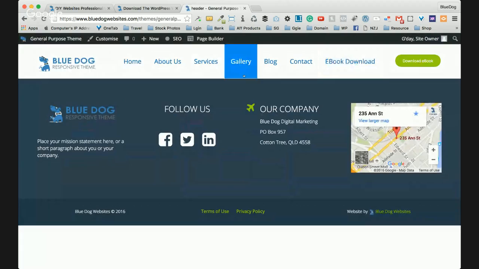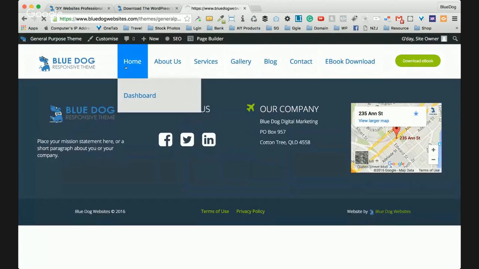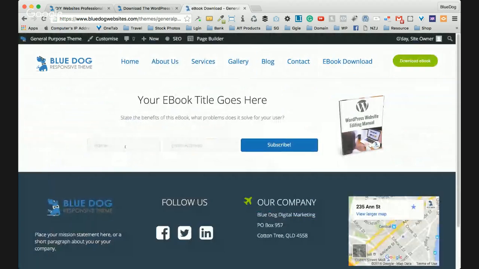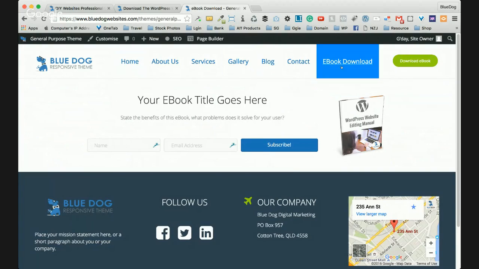So if I now go back to my home page, click on the download ebook, and there it is. So the users just fill out name and email address, and that's it, finished. However, there's just one little thing that I've noticed. What it has done is it's automatically put that new page in the menu. Now I don't want that there, so